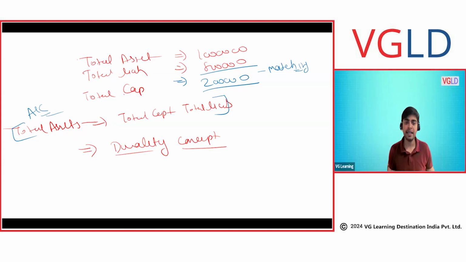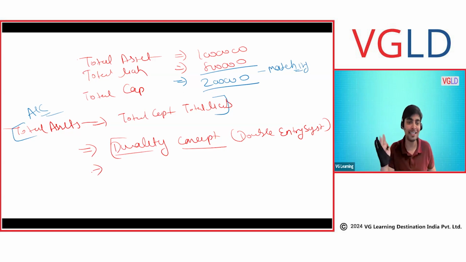You guys are correct in saying basically this is a double entry system. But the double entry system originates from this duality concept. Actually, it will be too early. Let's first discuss the P&L and cash flow statement. Let's first discuss those components, then we'll come back here, because I'll start discussing duality. So we'll start chapter number 2. Let's just hold our horses for a moment. This is duality. Don't worry.